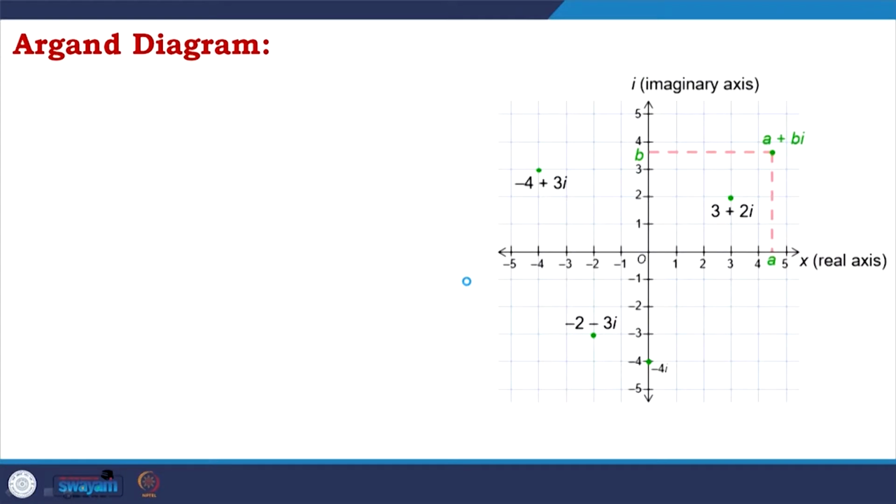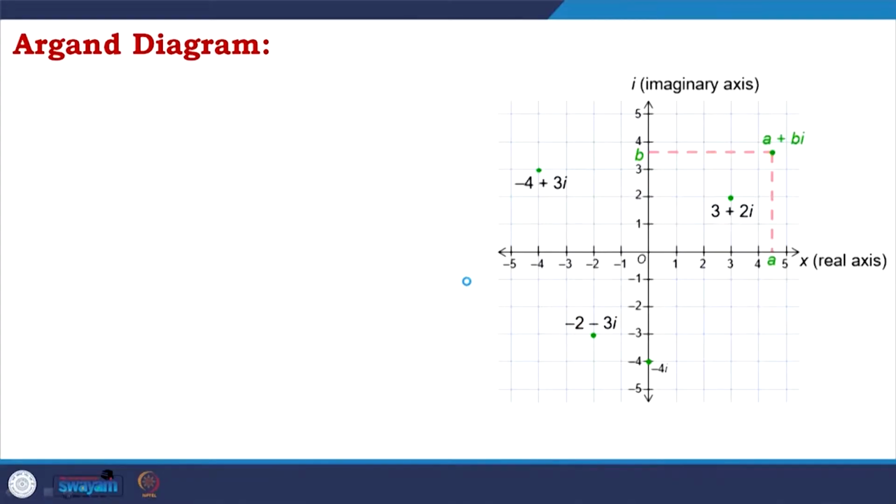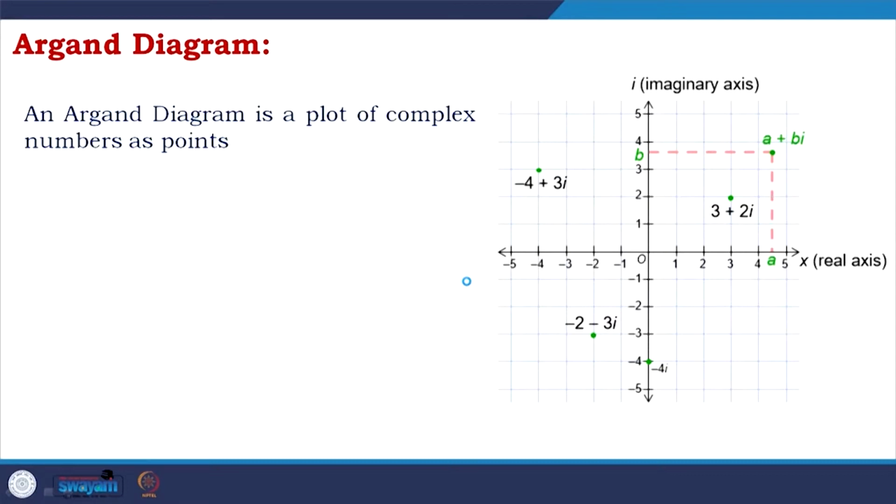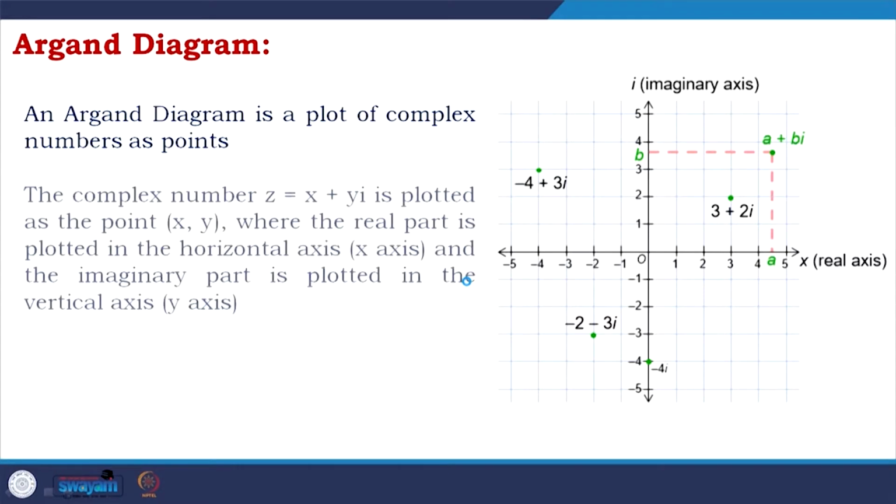We will talk about the Argand diagram. We are going to show how it is important in structure solution. But before that, what is an Argand diagram? An Argand diagram in mathematics is a plot of complex numbers as points. The complex number, let us say z equals x plus yi, is plotted as the point (x, y), where the real part is plotted on the horizontal axis, which is the x axis, and the imaginary part is plotted on the vertical axis, which